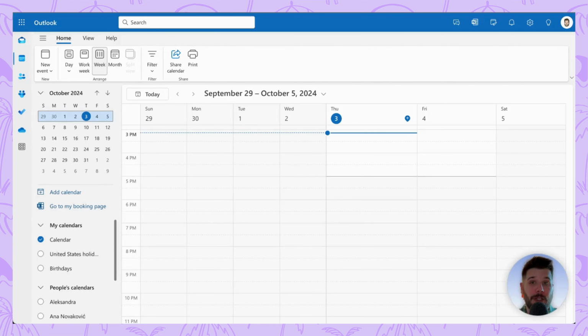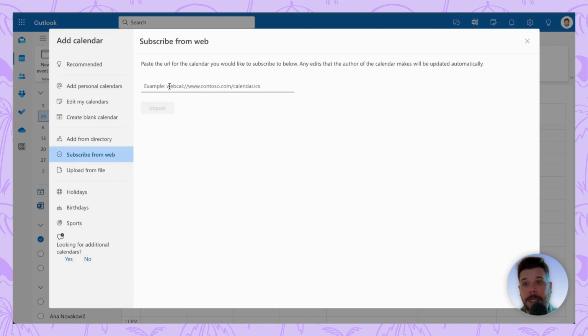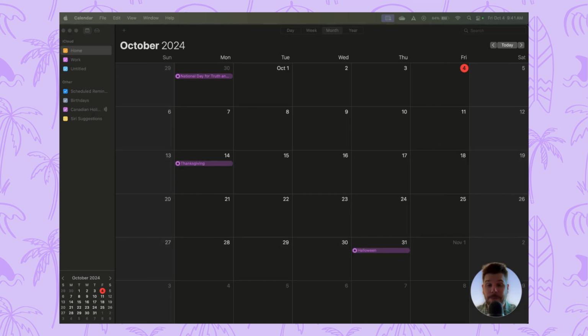If your organization works within Outlook as opposed to Google Calendar, you can still add in the iCal link by clicking Add Calendar, navigating to the Subscribe from Web button, copy pasting the iCal link, and then again filling out the customizable information here. As an FYI, these steps also apply to other calendar apps like the Mac calendar app